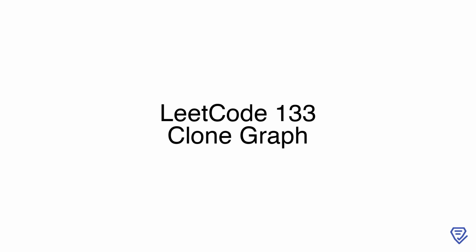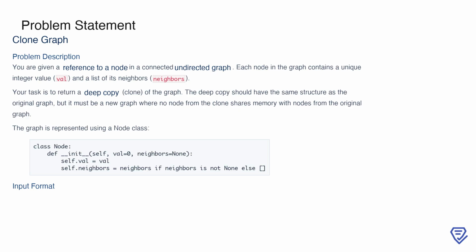Let's dive in. In this problem, you are given a reference to a node in a connected, undirected graph. Each node in the graph contains two main components: a unique integer value, called val, and a list of its neighbors, referred to as neighbors. Your task is to create a deep copy, or clone, of this graph. A deep copy means that every node and edge in the cloned graph must be brand new and independent from the original graph. In other words, no node from the clone should share memory or references with any node in